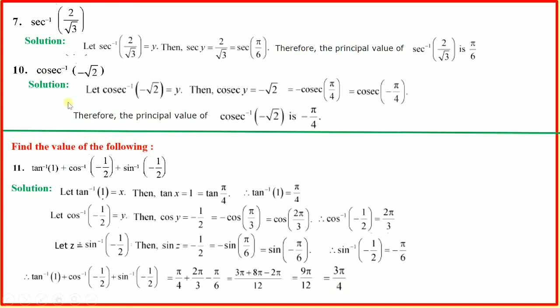So that means all the things you have done up to question number 10. Now question number 11 is a combination of two or more things. That's all. Let us move towards the next question. Question number 13 is of MCQ nature. If sine inverse x is equal to y, then which option holds? Let us go for the solution.